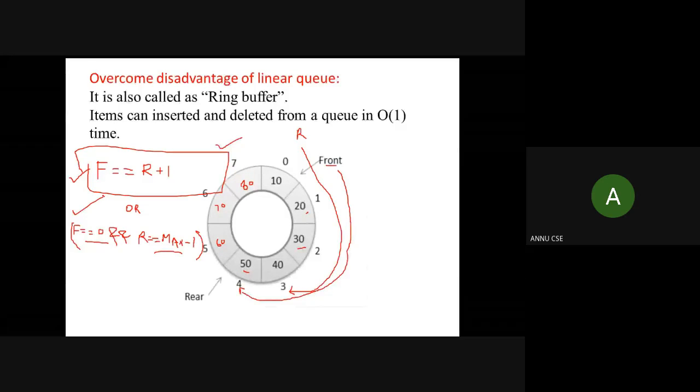Okay, so in this case you can see there is no limitation of a circular queue. When spaces are actually vacant you can insert a new element, but whenever the queue is full and there is no space left in the queue, you cannot insert further. So the space allocated by the computer's memory management system should be utilized in an efficient way, and it can be utilized using a circular queue.